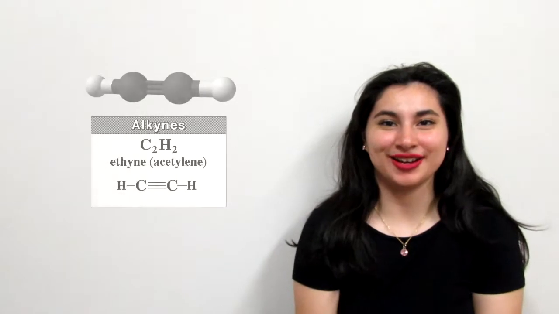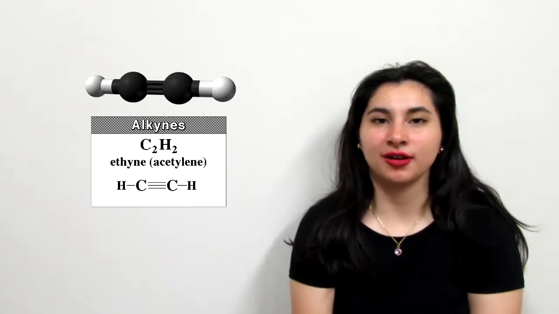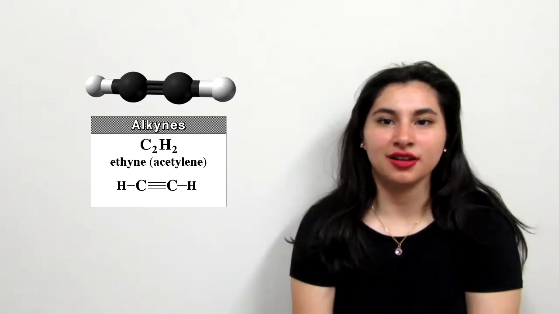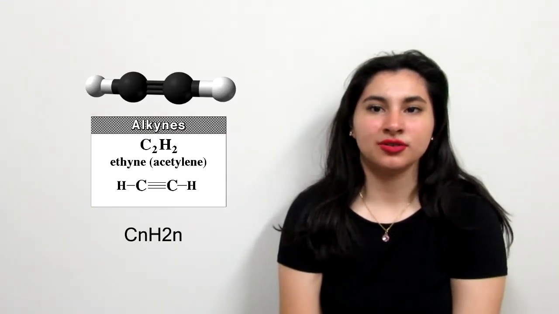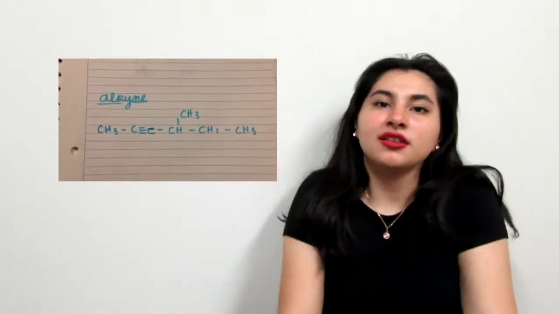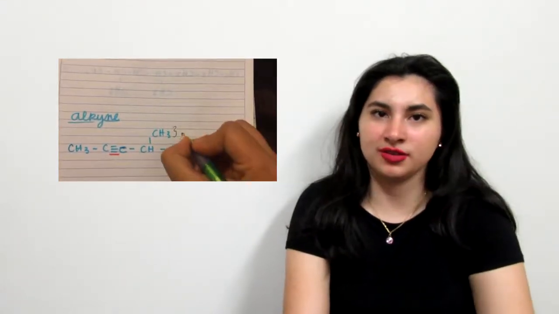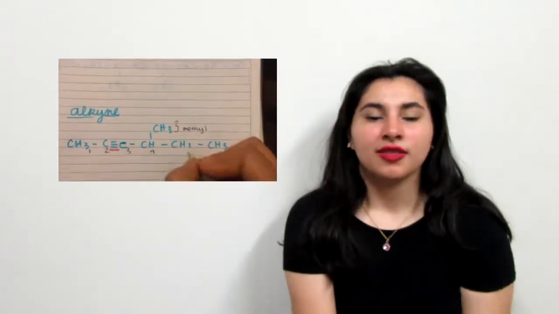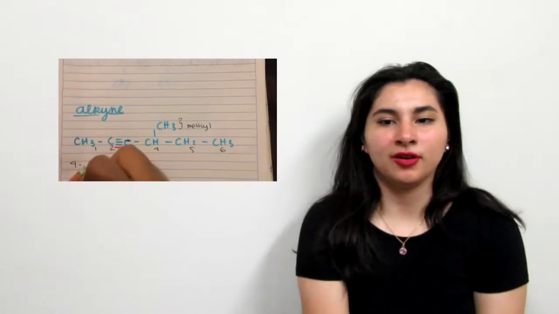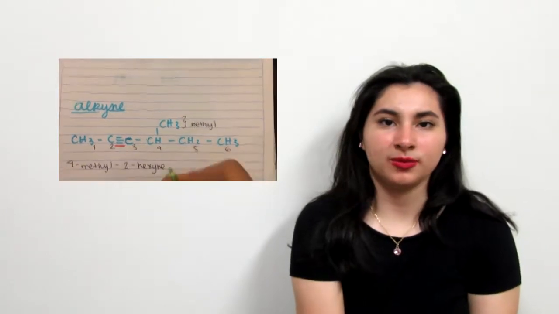Hydrocarbons with one triple bond between carbons are called alkynes. Their molecules can vary in size, most of which consist of carbon atoms attached to each other and also to hydrogen atoms. Their general formula is CnH2n-2. Again, the IUPAC steps for naming are the same as the alkane group, but with some differences. The first one is that the longest chain must contain the triple bond. The numbers must start from the end closest to the triple bond. Indicate with a number the location of the triple bond and change the ending ane to yne.